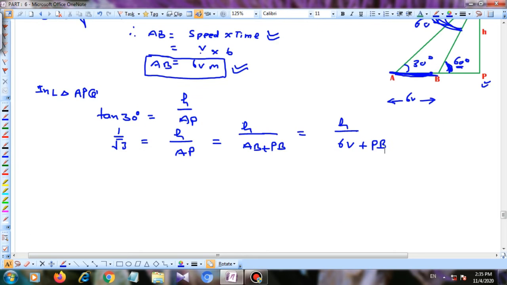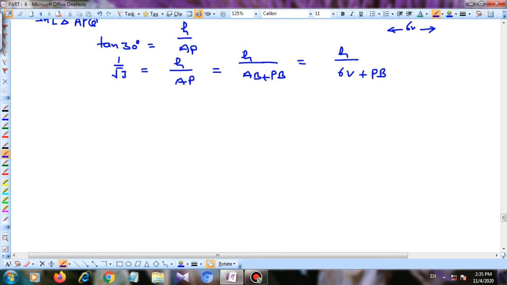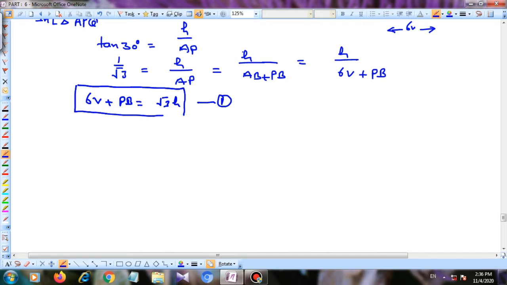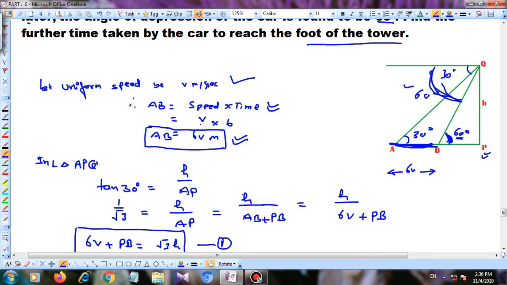Now, when you cross multiply, then you will get 6V plus BP equals root 3 h. This is our first equation. Now, in right angle triangle BPQ,